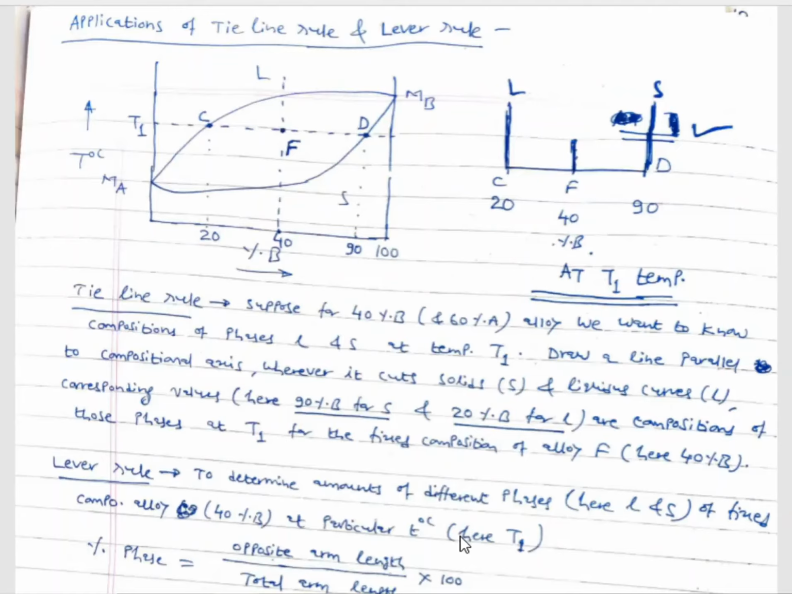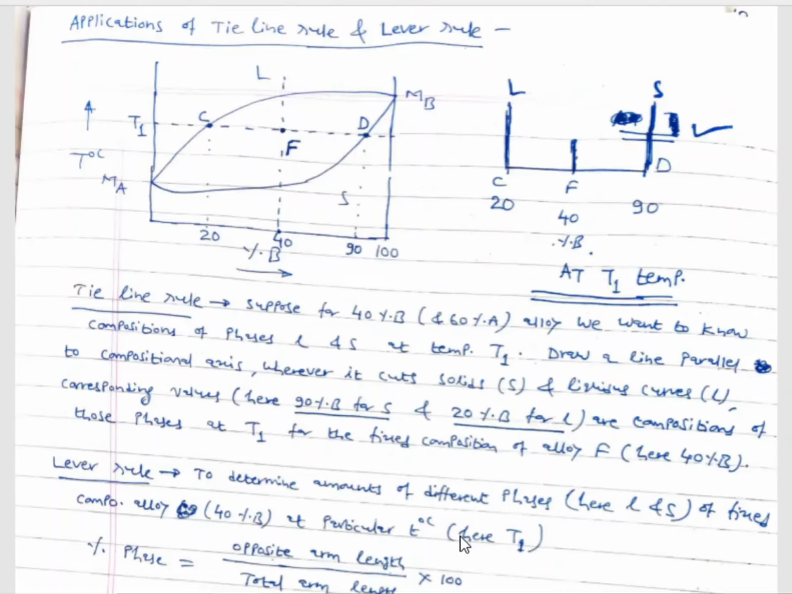So at temperature T1, we want to study what the different compositions of liquid and solid will be for the given alloy, which is having 40% B and remaining 60% A. So this 40% B alloy at temperature T1 will have a liquid phase of 20% B corresponding to point C and solid phase of composition 90% B corresponding to